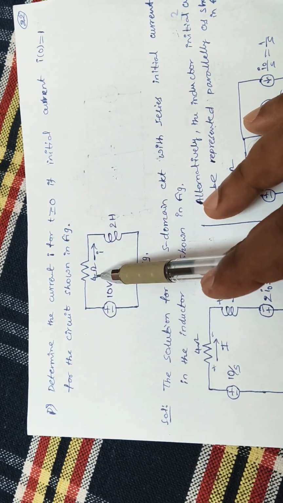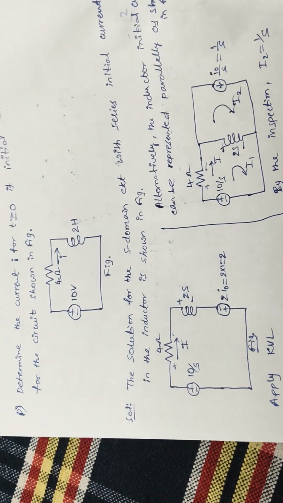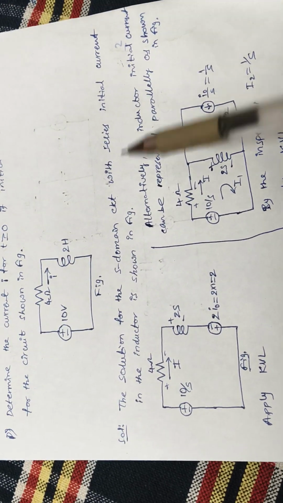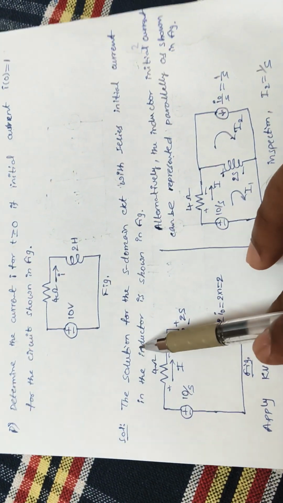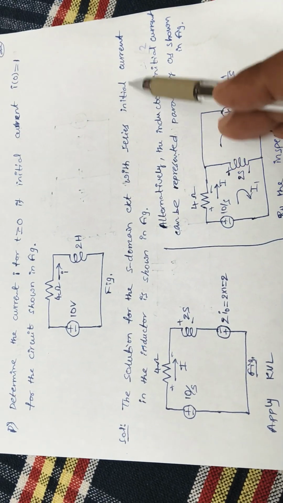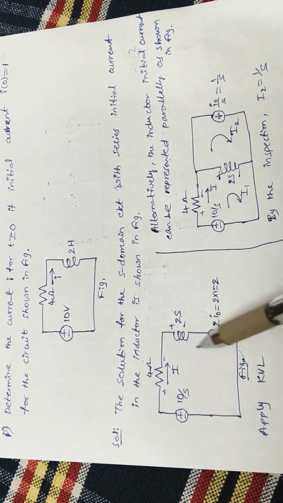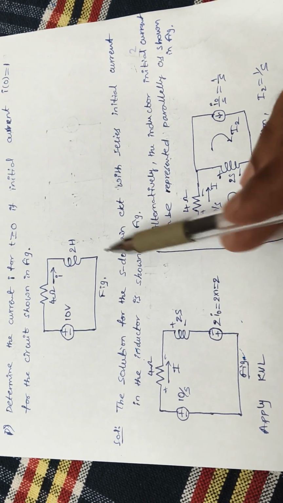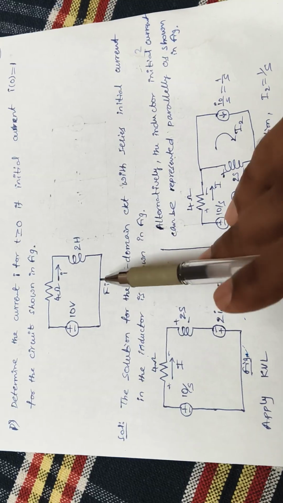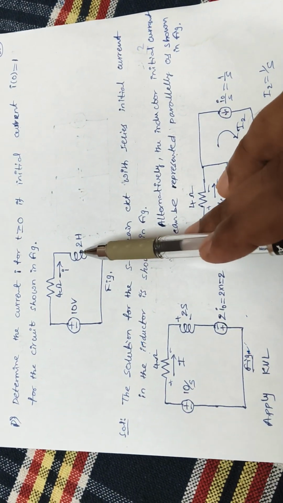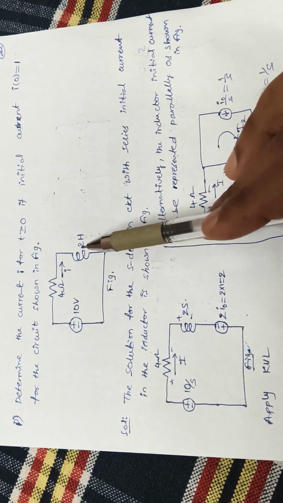10 volts is connected in series with 4 ohms and 2 henry. As a first step, we have to convert this time domain circuit into the S domain. The S-domain circuit with series initial current in the inductor is shown in the figure. This is the series representation of the inductor. You can also represent the inductor in the S domain in parallel representation, which we'll see later. So in series representation, L becomes Ls, so 2 becomes 2s, in series